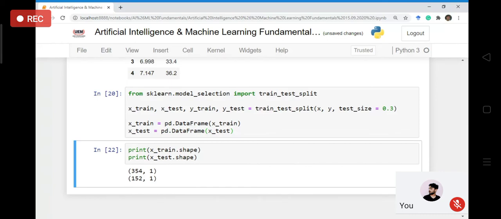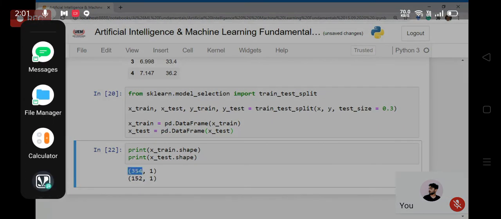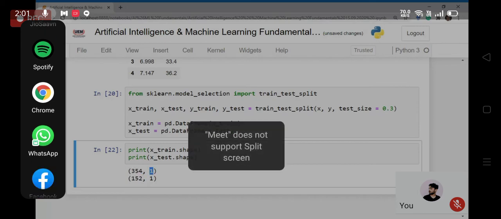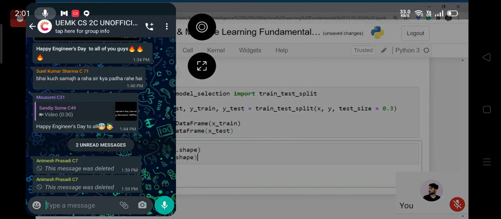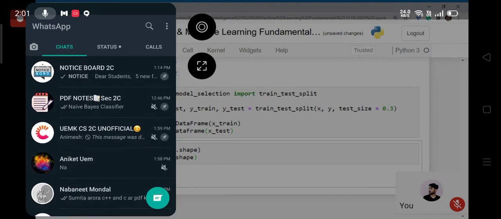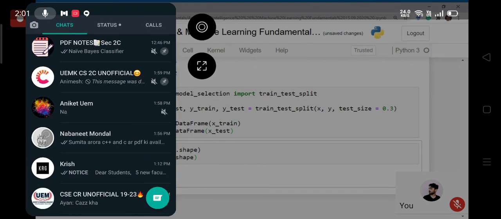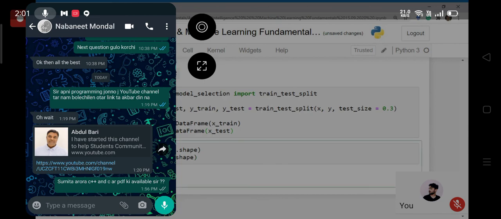So you can see that in the X train I have 354 and in the testing part I have 152. So what is the meaning of this? So x train dot shape returns the number of rows and the number of columns. Okay. So that means in this variable x train I have 354 rows and 1 column. And in the next variable x test I have 152 rows and 1 column.